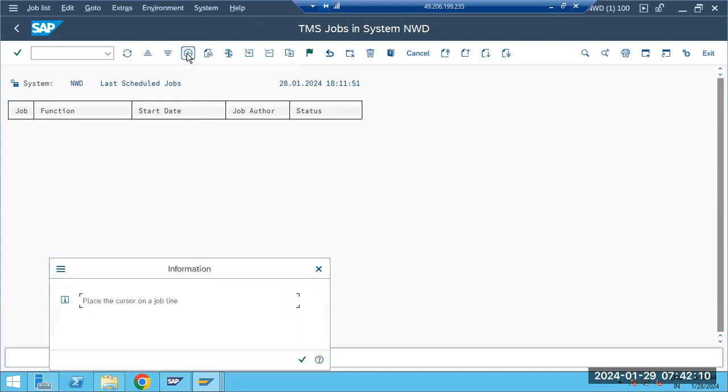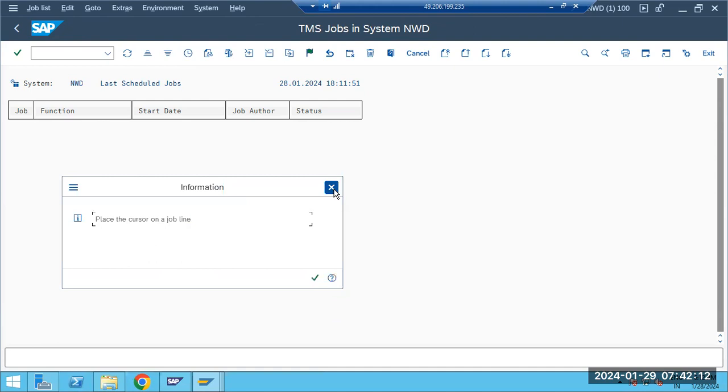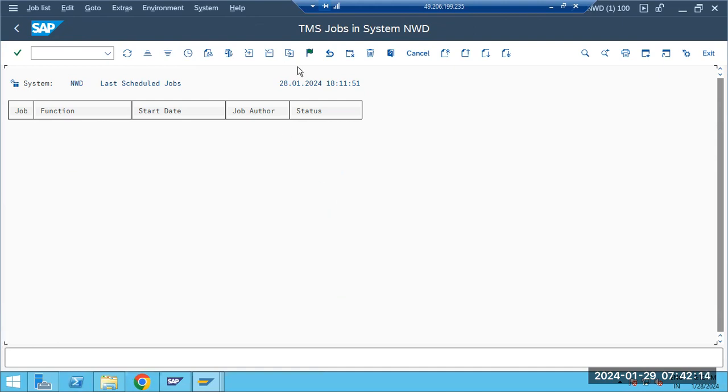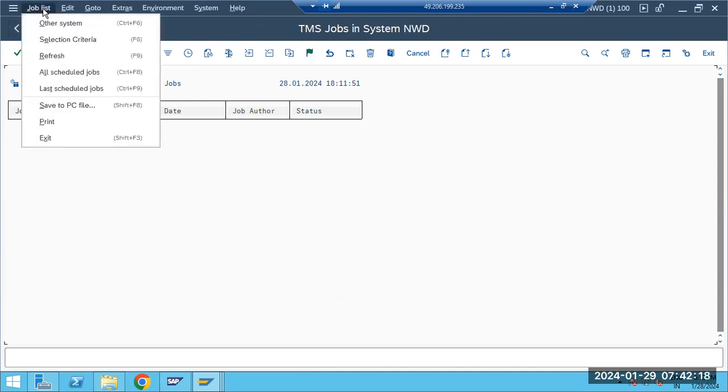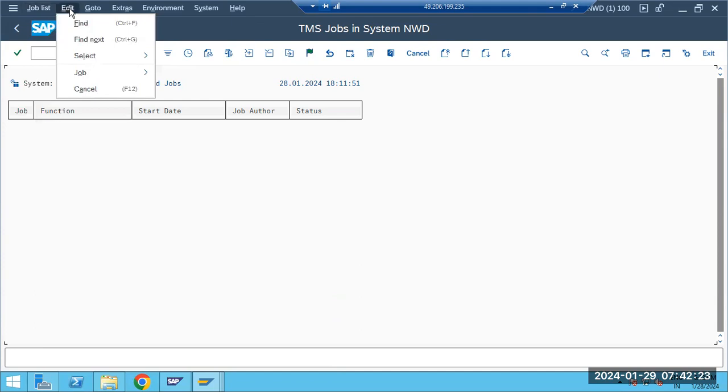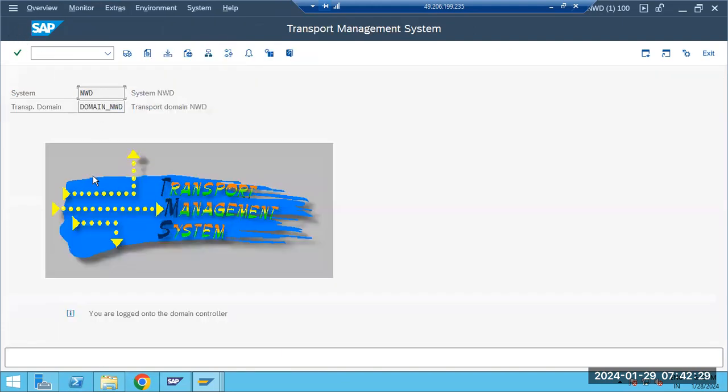So that job we have to create. But when that job is active, we don't require to schedule the import of any transport request. So normally that won't happen here. Why? Because